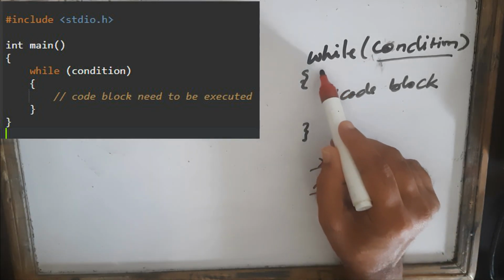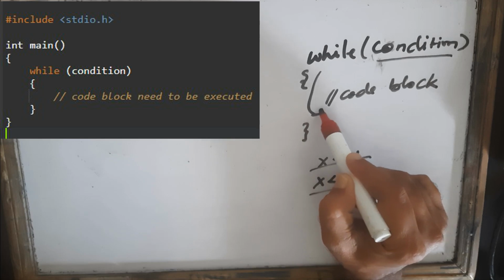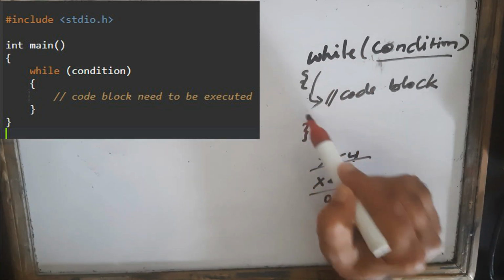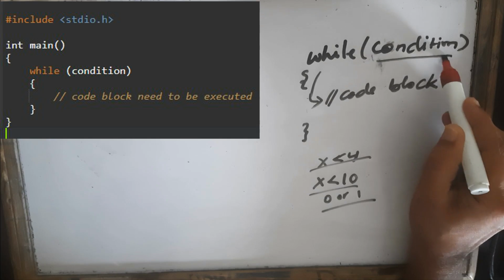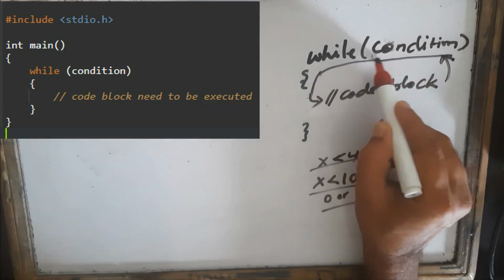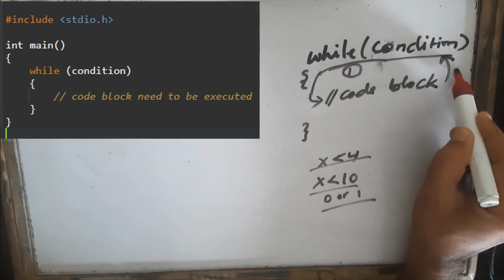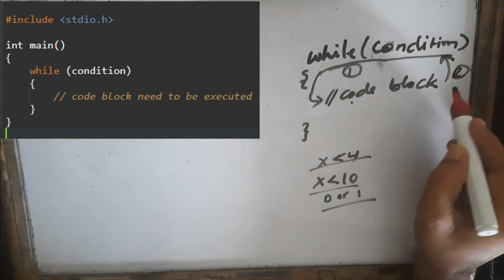This while loop will execute this block. This code block will be executed and it will check for this condition until, so this is like 1, 2, and